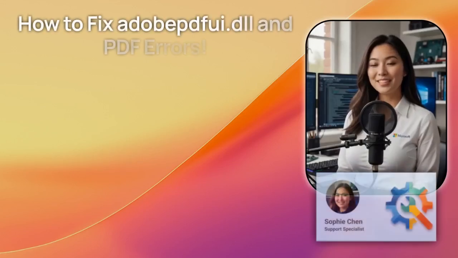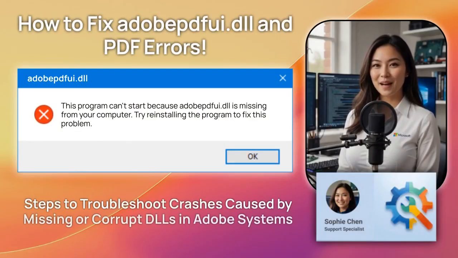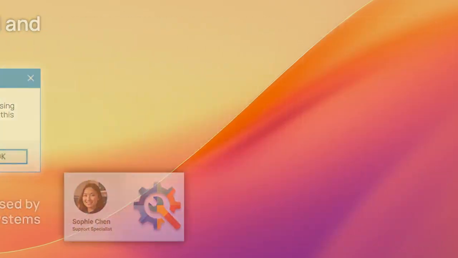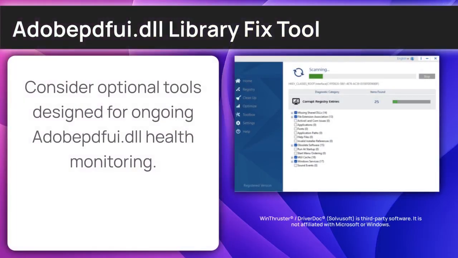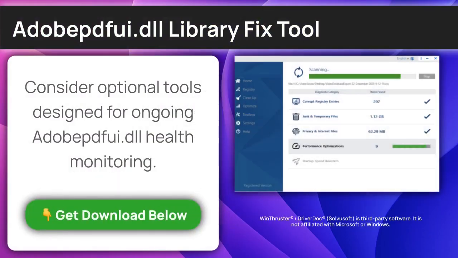Are your Adobe Systems apps crashing due to the Adobe PDF User Interface DLL? I'm Sophie Chen, a senior Windows support engineer, and I'm going to diagnose that error and fix it now. As we prepare to resolve Adobe PDF User Interface, consider using the diagnostic path below to ensure a stable environment